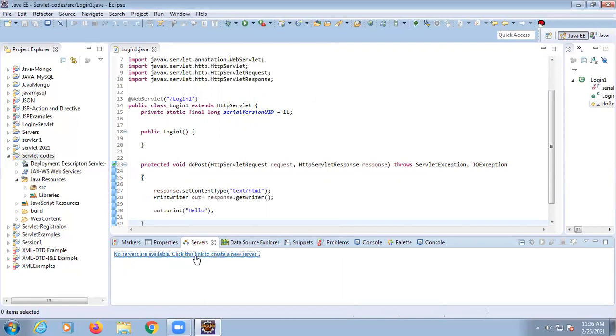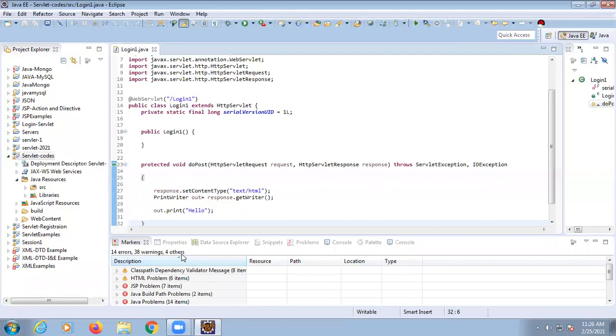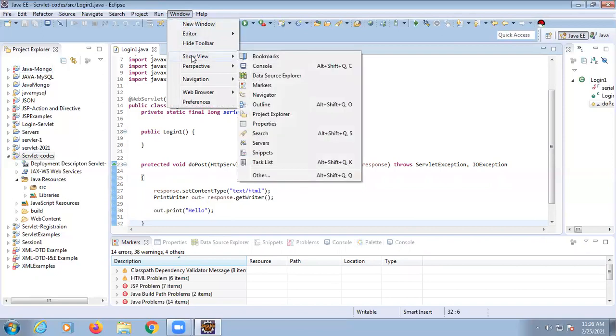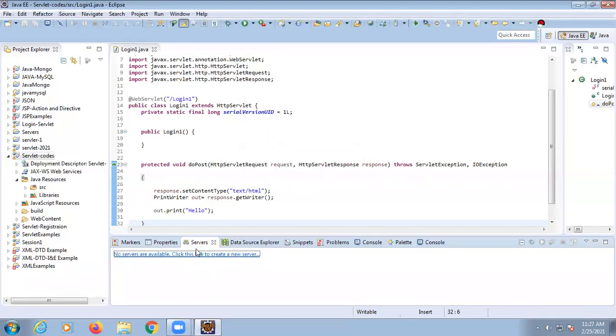You will find nothing in your server. If you are not able to find the Servers tab here, click on Window and in Show View you will find Servers. So click on Servers. The Servers tab gets added here.